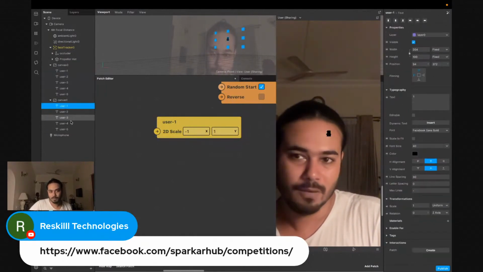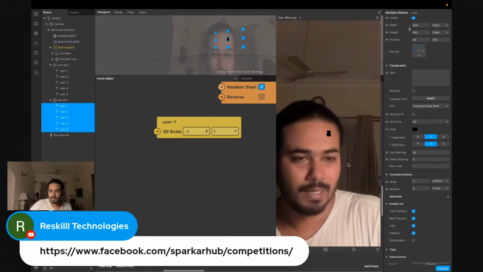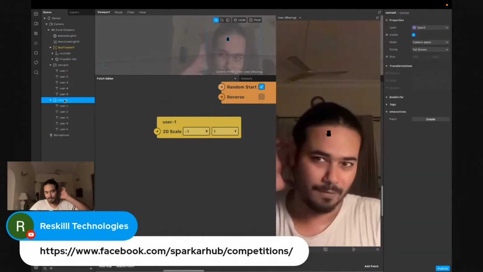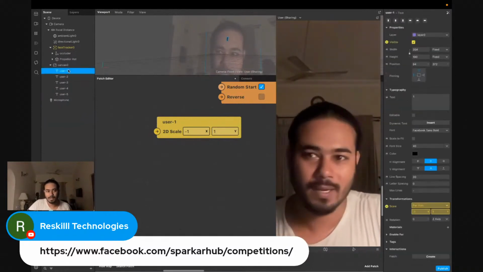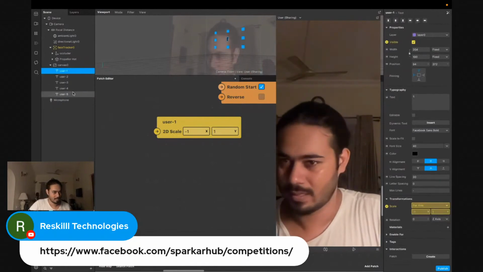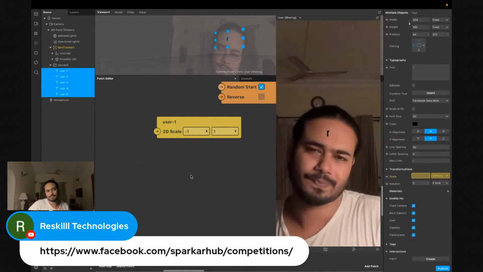And for the user, which are enabled only for the user, that's okay. Now we have separated the users and the participants. But if you want to delete this and just work with just one, then you have to enable both of them, because we have enabling for both users and participants.